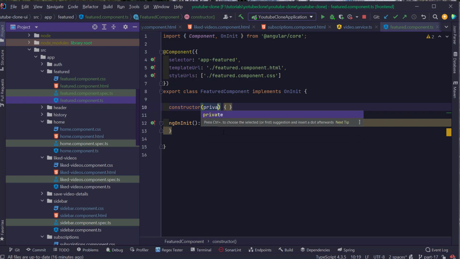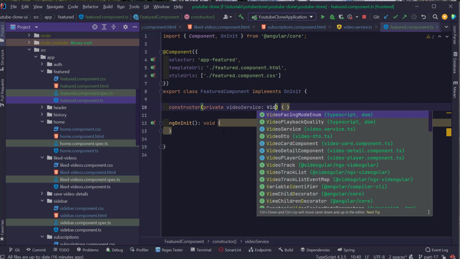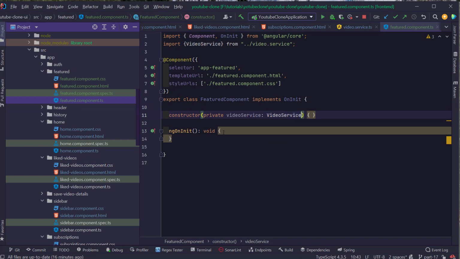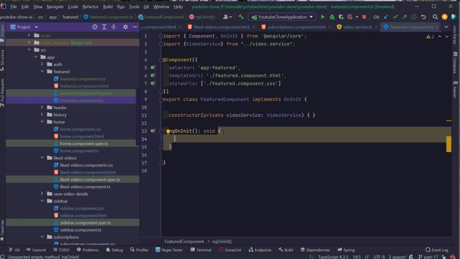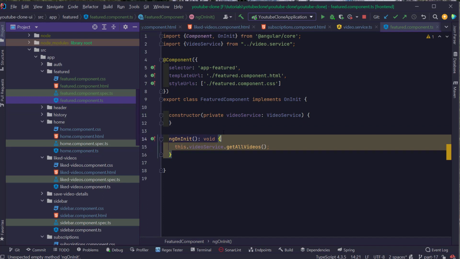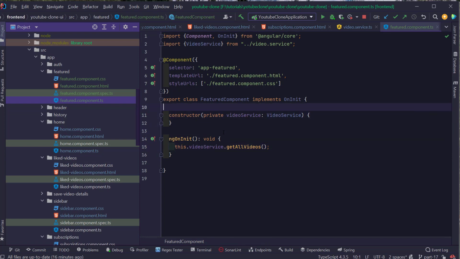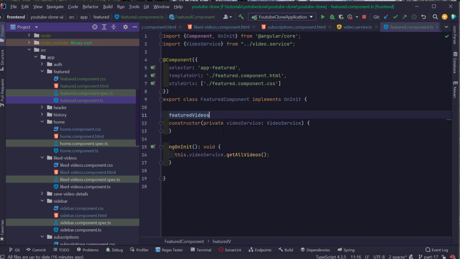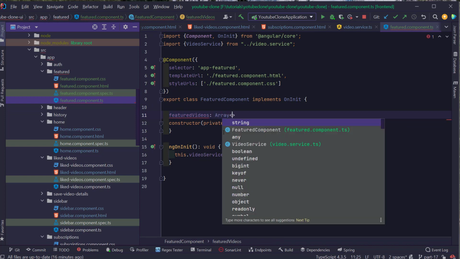So for that, I'm going to type in inside the constructor private video service, and I'm going to define the video service class, and inside the ngOnInit, I'm going to call this.videoService.getAllVideos, and I'm going to store the response inside a variable called featuredVideos, and this is going to be an array of video DTO,